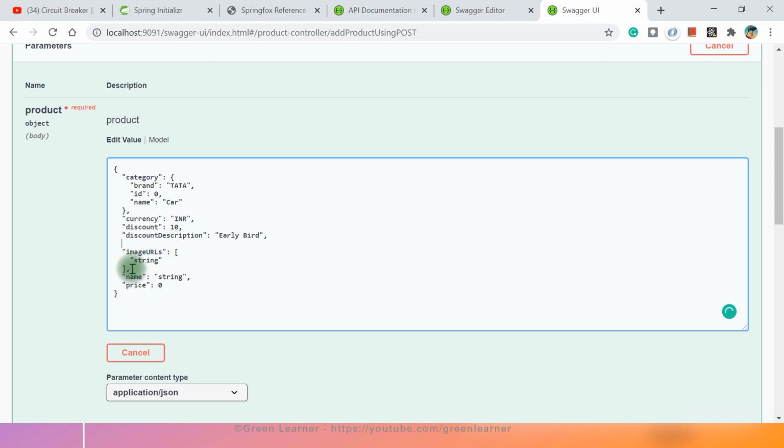Image URLs, let's say I do not want to give it, so I can leave it as it is, or I can just give the test URLs. Okay, and name, Nexon, price, I can say what price you want to put, just give some random numbers here. And these are all the sample values, the test values that I have given here.